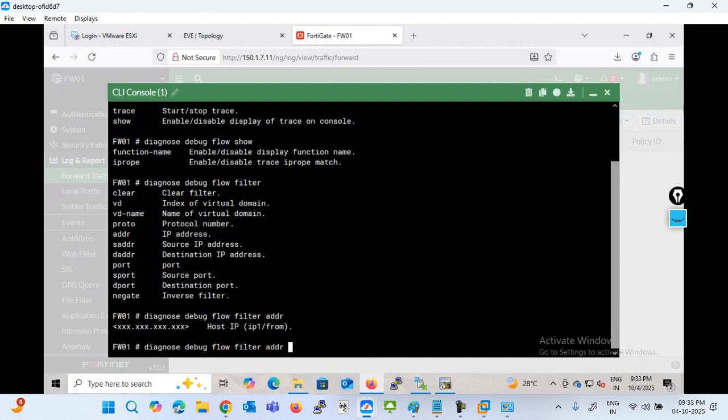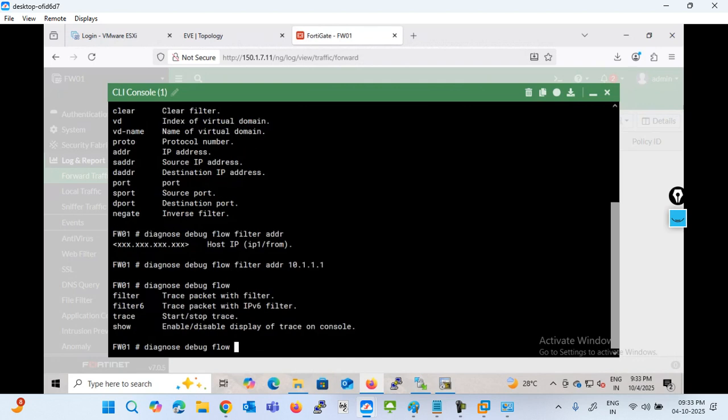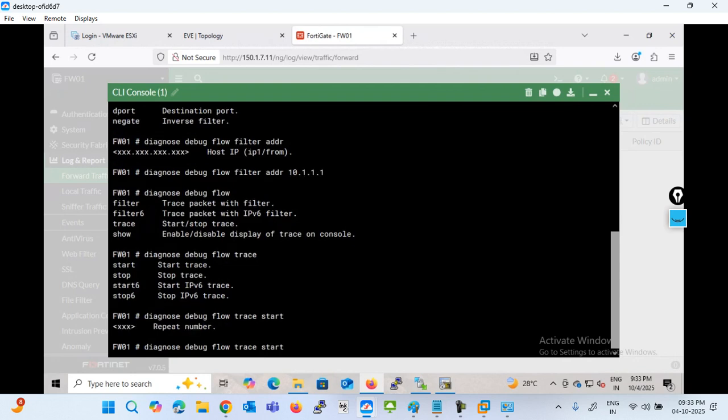So address is 10.1.1.1, right? And diagnostic, debug, flow. What after flow? It's trace, start, and repeat the number like 50 numbers. Okay,